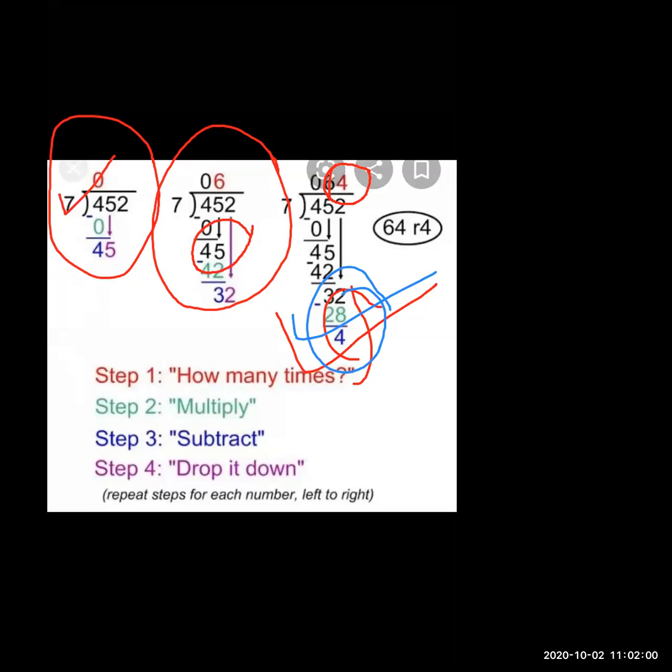64 into 7 you want to multiply. Which numbers? The quotient number and the divisor number. You want to multiply the quotient and the divisor. That means 64 into 7. Look here. 7 4s are? Tell me the answer. Give me the answer in the chat box. You all have learned the multiplication table, yes or no? Good. 28. So here I am going to write 8 and 2 is carry.